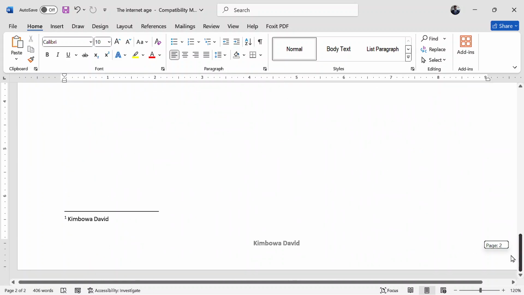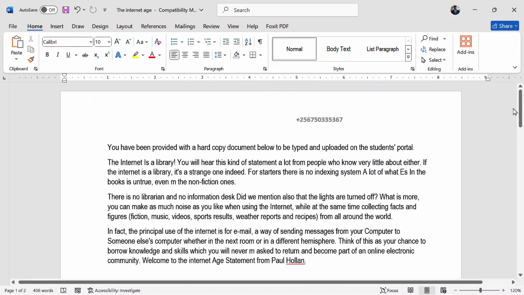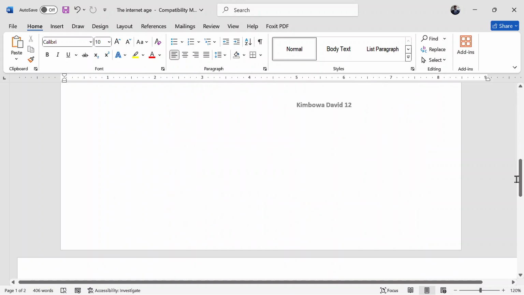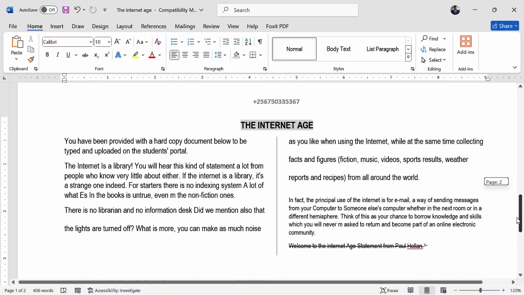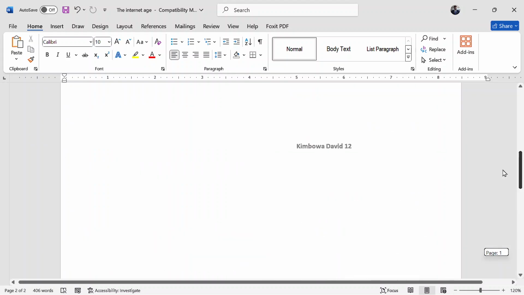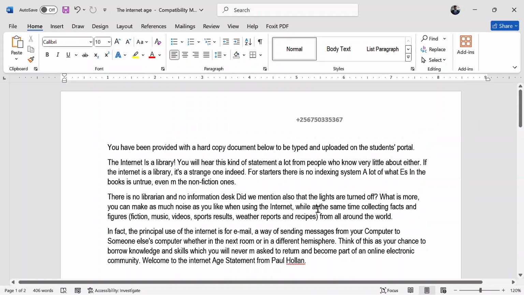And when you look critically, you can actually see that in our first page, the header is a phone number and the footer is my name plus digits 1, 2. But when you look at my next page, which is in landscape format, it has a footer, which is just my name without the figures. So we are going to see how we do it and very many other formatting using section breaks.